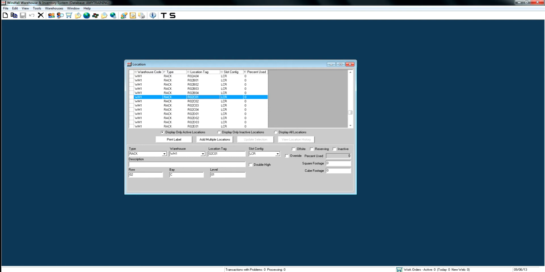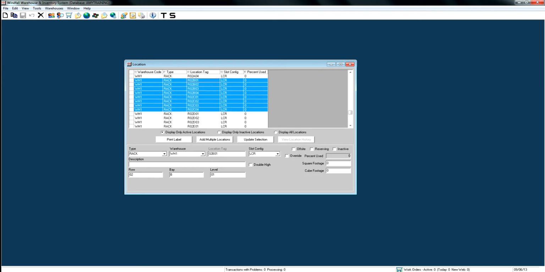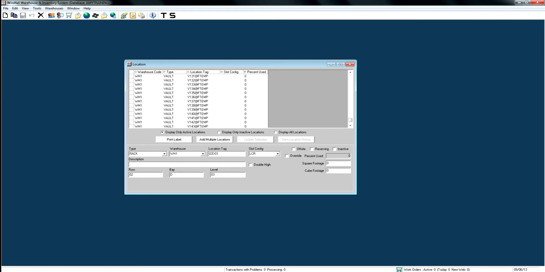We also have print label here. So whatever you have highlighted and hit print label, once you have the printer that we provide set up and connected, you would print your locations from here. So you would just highlight whichever locations you want to print and hit print label. The rack locations and the arrows are printed on 1.5 by 2 labels, and every other location such as vault, pallet, floor are printed on 11 by 2